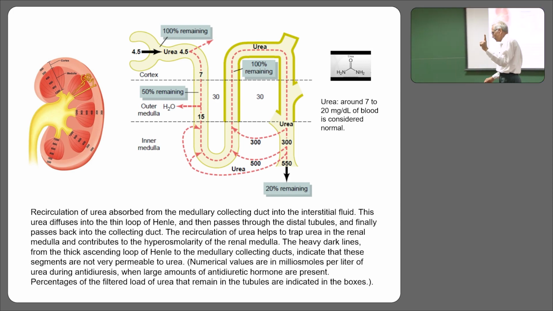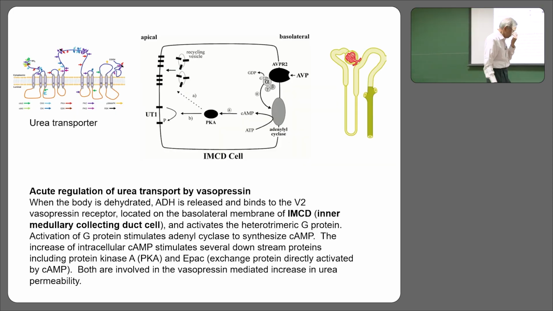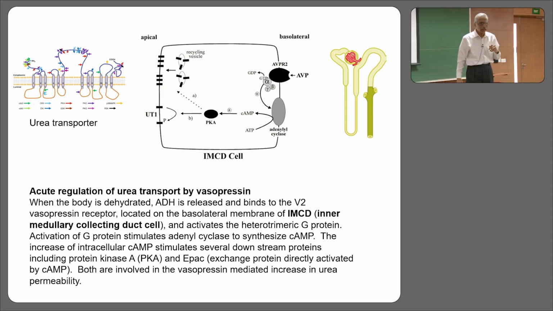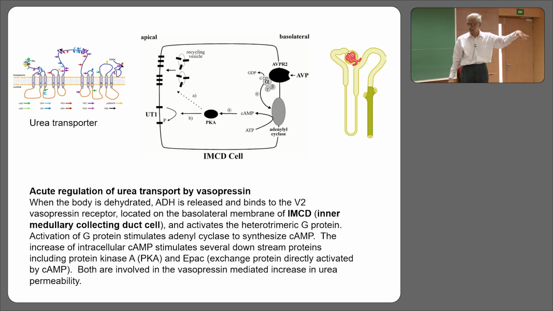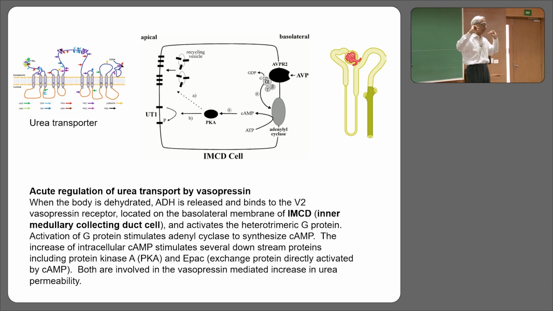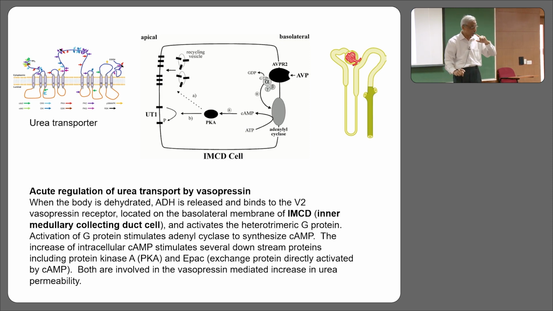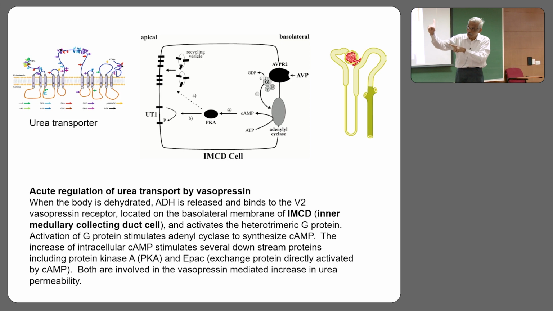It's a very interesting point that is covered by arginine vasopressin, and I will talk about it in this very, very interesting slide. Please focus on this. The entire world knows that arginine vasopressin comes, acts on those cells, and induces the aquaporins to go to the apical membrane, so water will be absorbed. What is less known about the property of arginine vasopressin is that it also facilitates the reabsorption of urea,